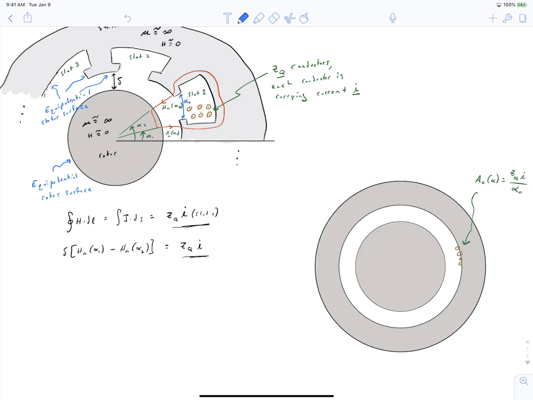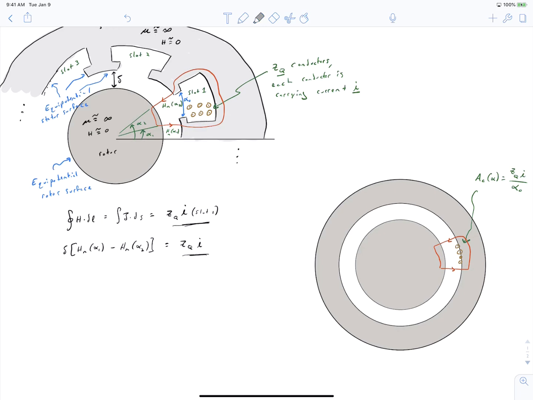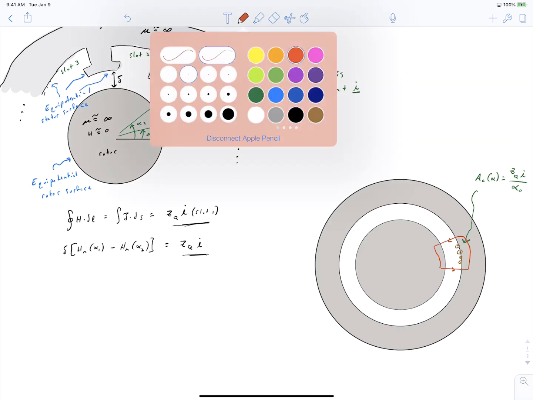And if we were to resketch our Amperian loop, we would end up getting the exact same calculation for our field quantities. Instead of calculating the total current enclosed in that Amperian loop as being the integral of J dot ds, we would be instead talking about the total current as being the line integral